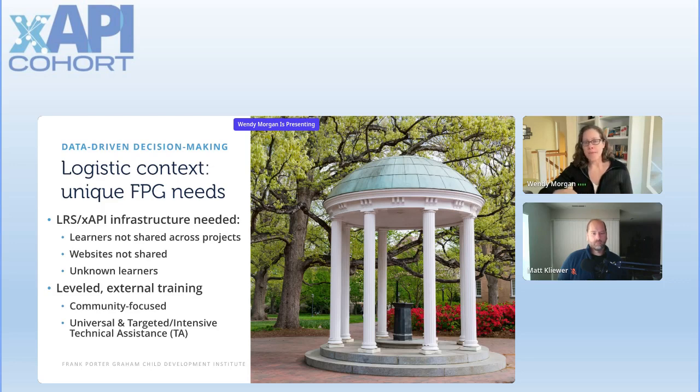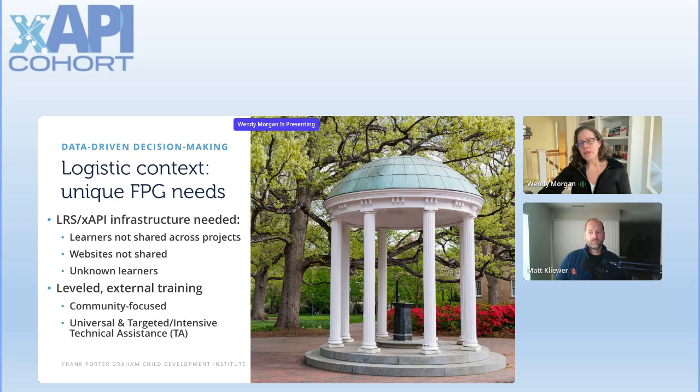And essentially what that means is that we are trying to train up skills to implement an evidence-based practice so that it is being implemented as intended to get the outcomes as intended. So it's kind of a technical term, but it's in almost every one of these grants.